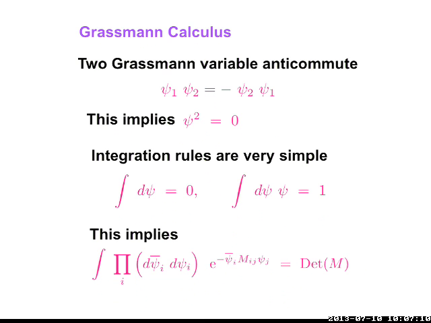So then the basic rule, finally, at the end of the day, is to integrate over fermions. That's pretty straightforward. You don't have to worry about all the rules of integration. It's extremely straightforward. If you don't have a fermion psi, it integrates to 0. If you have a fermion there, it integrates to 1.